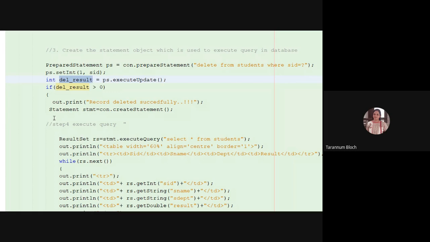We said if there is a problem in delete, it will say 0 rows deleted, otherwise it will say 1 row deleted. If multiple conditions are matched, it will delete multiple. In the case that the query is executed successfully with certain deletion, the delete result will be greater than 0.